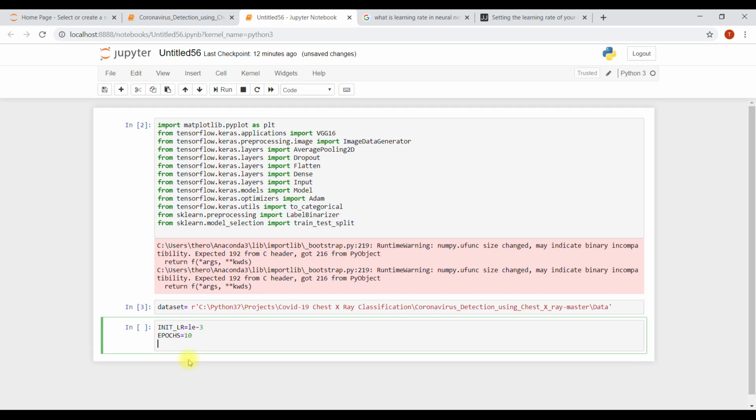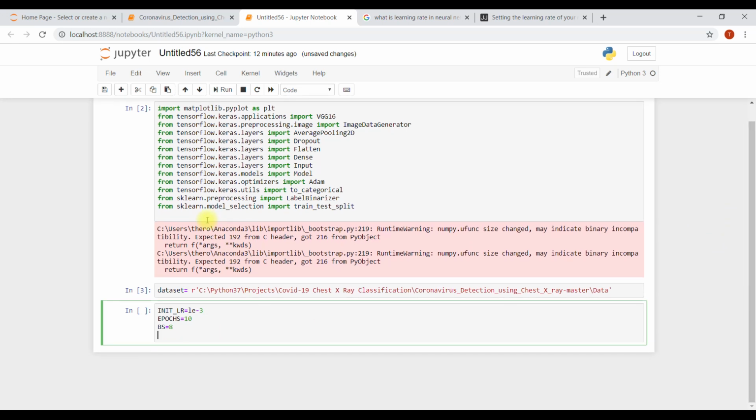So 10. Batch size 8 means that when you throw a batch of images to the CNN model, you throw 8 images at once.